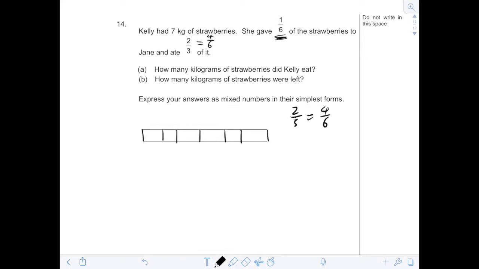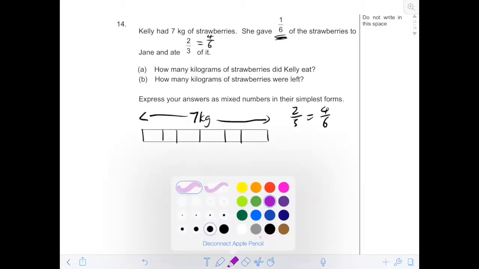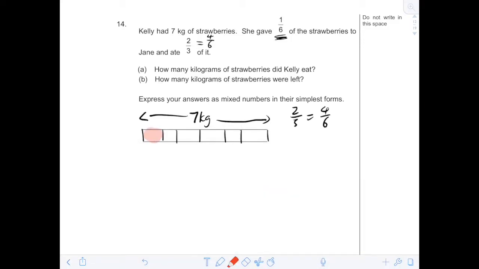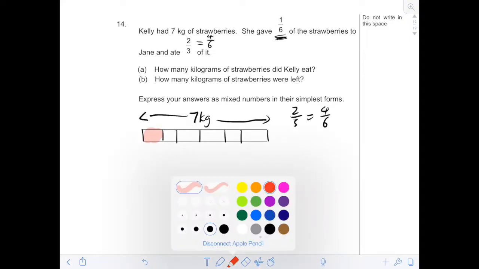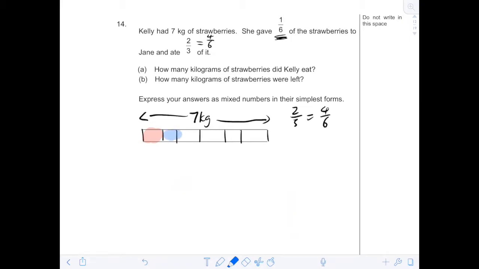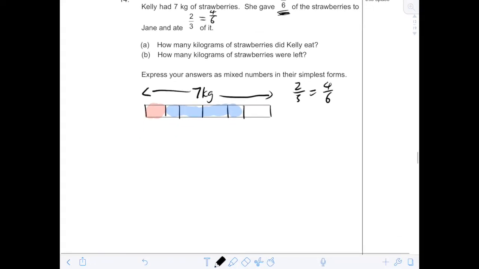So now here we can clearly see that out of the whole thing, here is 7 kg. We split into 6 units because the denominator is 6. 1 unit goes to strawberries. Since strawberries are red, I'll use red. And then she ate 4 units of it. I just use blue. 1, 2, 3, 4. So once you are able to draw this kind of model,